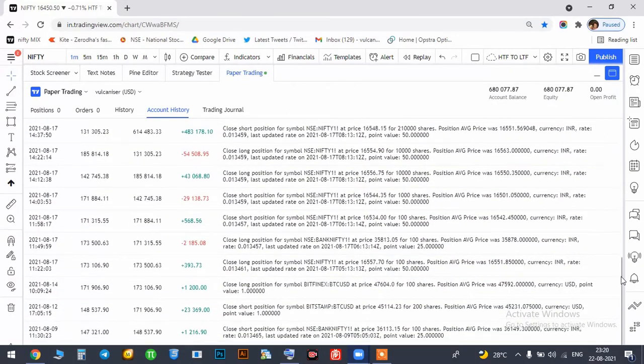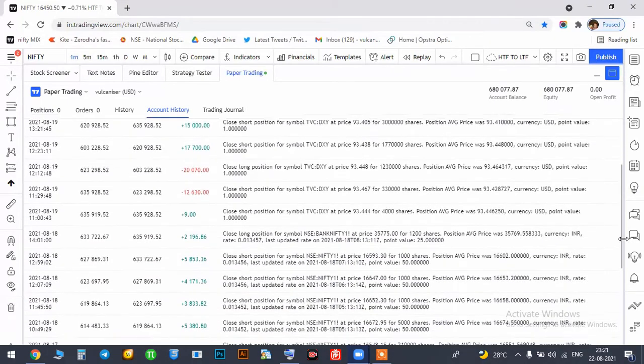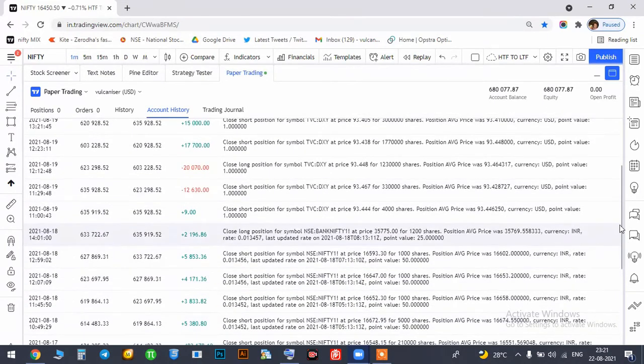I think this was done on Friday, 18th, 19th. So see the 22, okay, 22. The last one you did, Bitcoin, was 22. Today was just a trial half hour before. That also closed in plus. But here 21, 20, 20, 19. These are on what? Bank Nifty, I did for Nifty, I did for dollar, I did for Bitcoin. I always try to check the concept through this terminal. Okay. And this is easy.